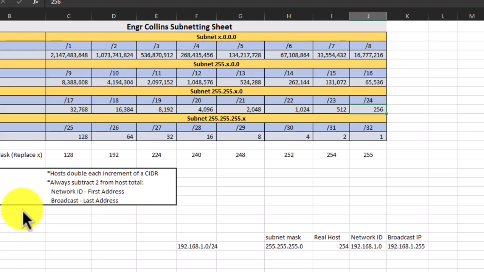Network ID is the first address. Broadcast ID is the last address. Now let's do another one. If we do something like